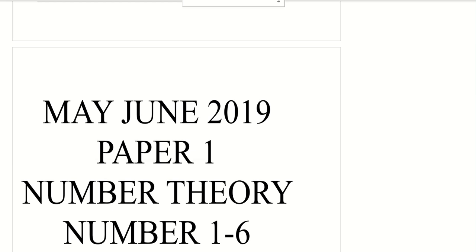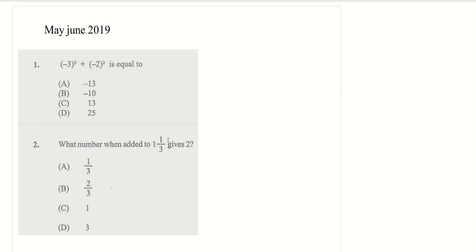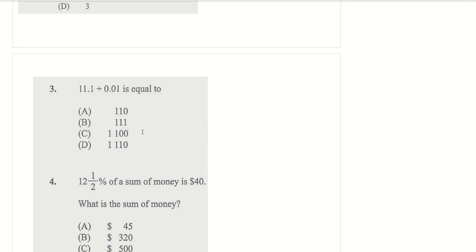Now we're going to do May, June 2019. Did this question already. Minus 3 squared plus minus 2 squared is 13. What number when added to 1 1/3 gives 2? We know it's 2/3. This question here, 1.1 over 0.01. Shift this 2 places. You have to shift this 2 places. So it's 110 divided by what? It's 1110,